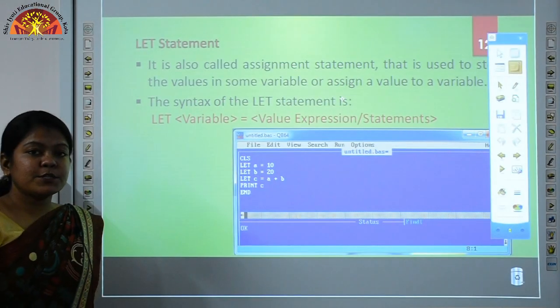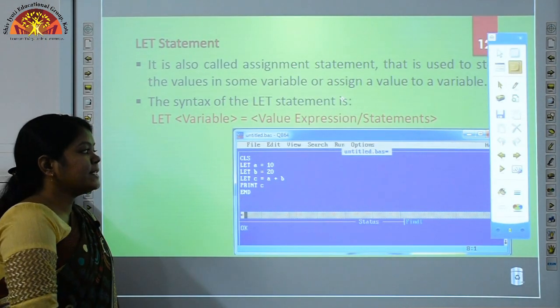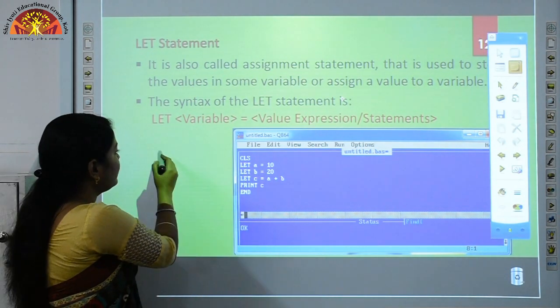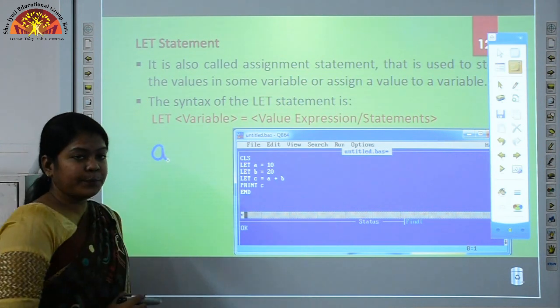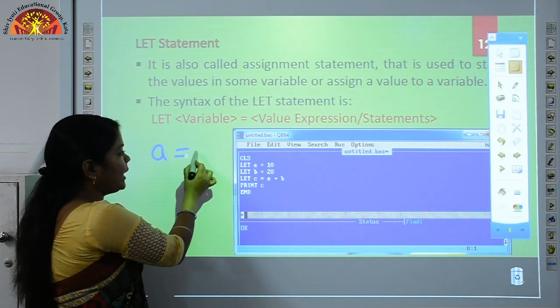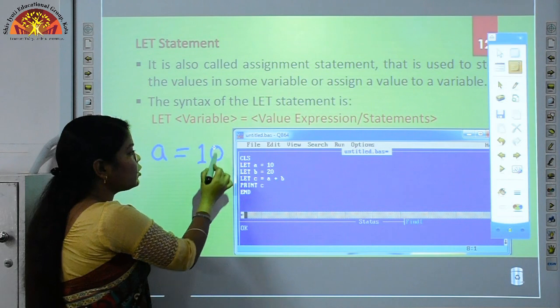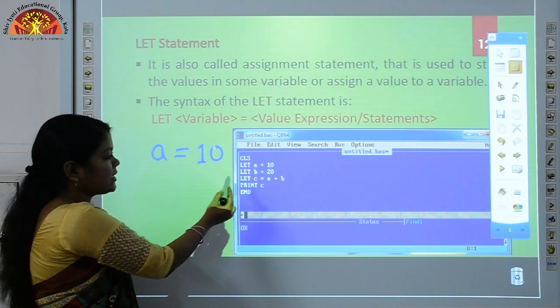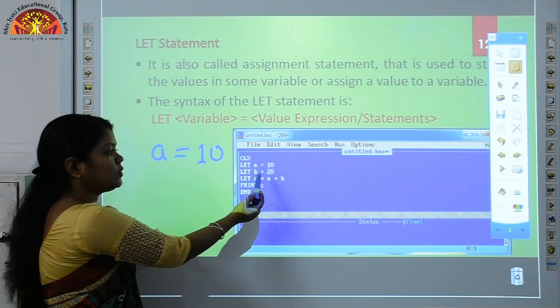Okay. Students, in this program I have written here CLS, this is your CLS for clear screen, LET A, which is your variable, equal to symbol and 10. Students, 10 is your value which will be assigned to the variable A, and in the next statement I have written LET B equal to 20.